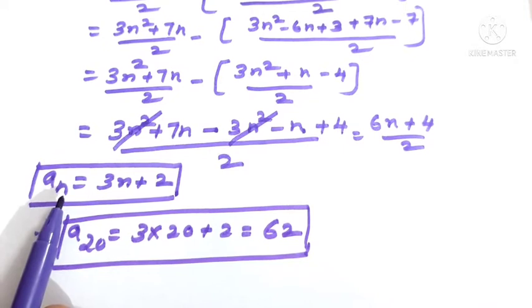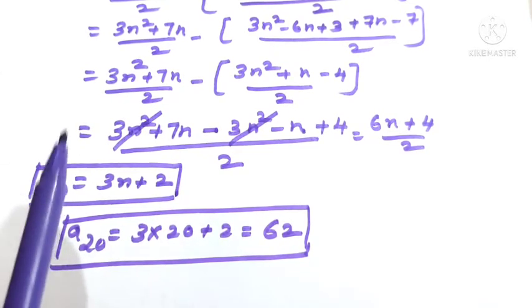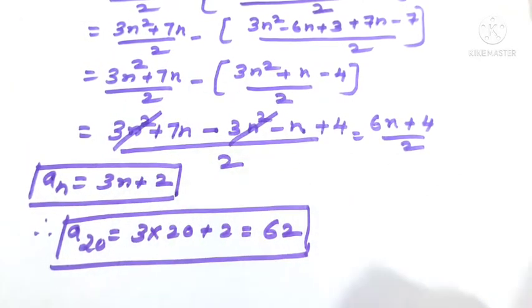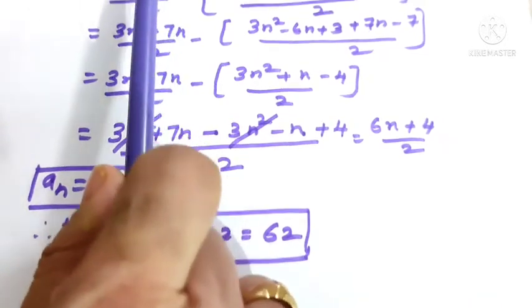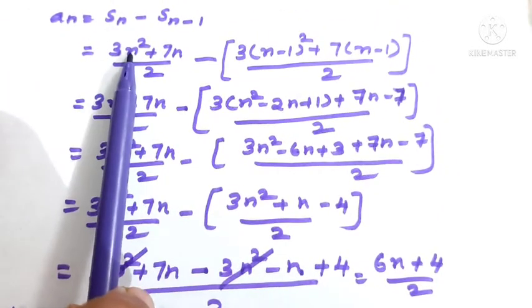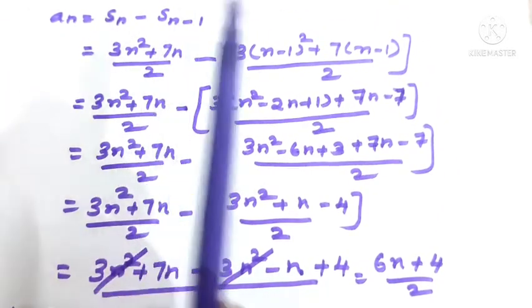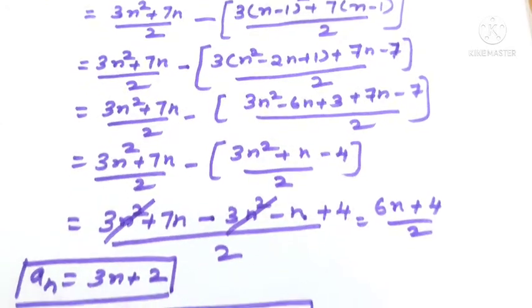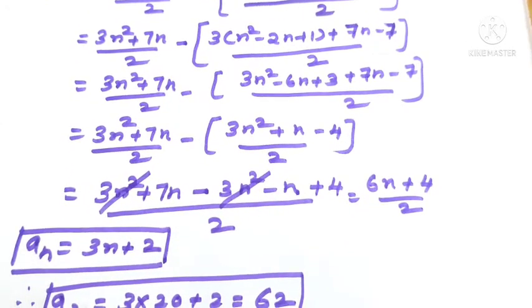So in this question they have mentioned nth term to be calculated. We are doing that one. So this is the method to do, and anybody who wants to do A20 can calculate S20 minus S19 also. So again you have to put n equal to 20 first, then put n equal to 19 in the formula, and then do the subtraction.